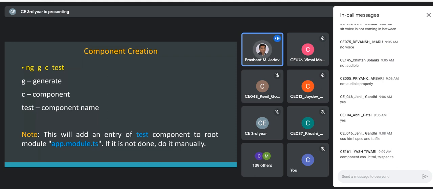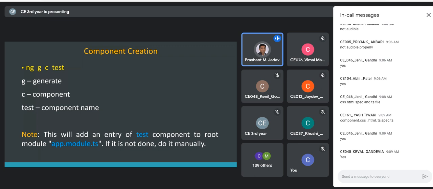And does it create a folder for that? Okay. So it will create a test folder, and within that, it will create these 4 files. And this test folder is created under the source directory. Right? So there is an SRC directory, and within that, it will create this test directory and those 4 files. So you can see how well it is organized. You can easily identify your components, how many components are there, and you can modify the code.